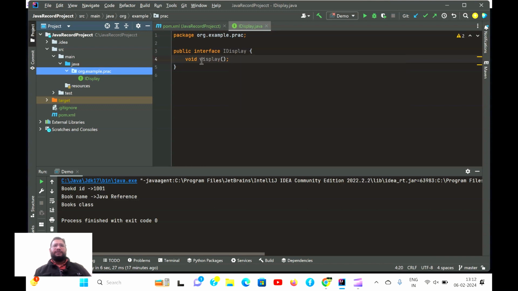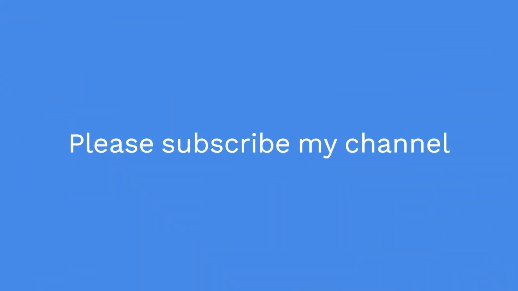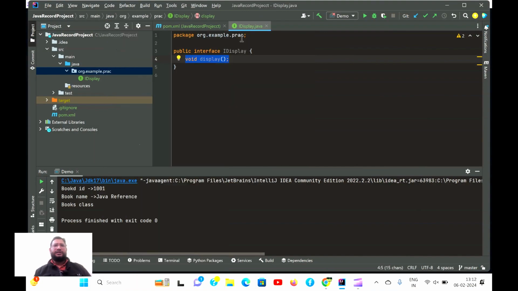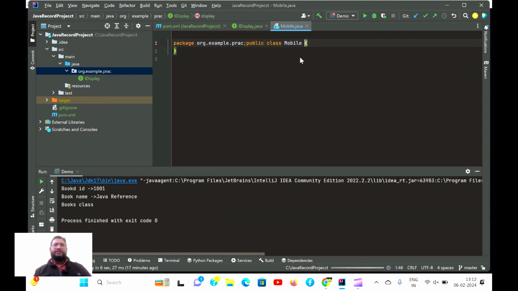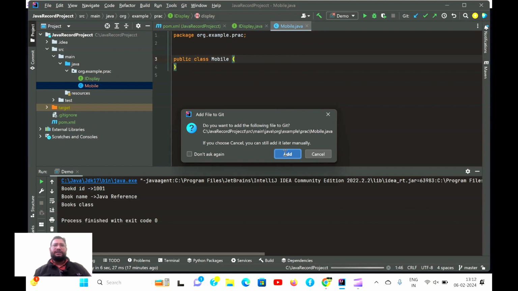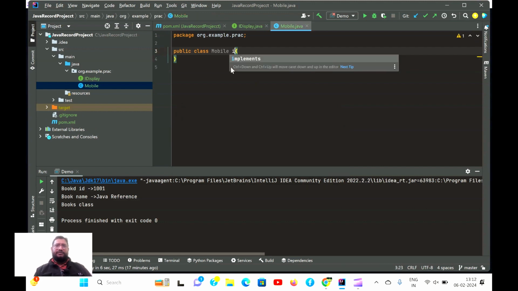called iDisplay. Inside this I have created one method, display. I'm going to use this method in the concrete class. So I'm going to create one mobile class. Okay, so I have taken this here, mobile, and implements